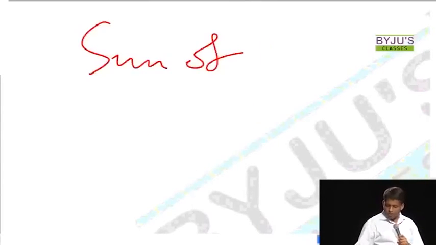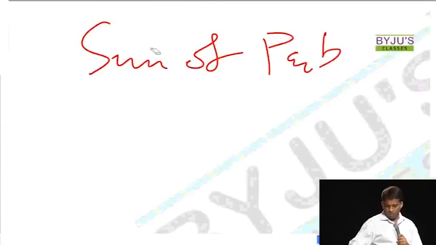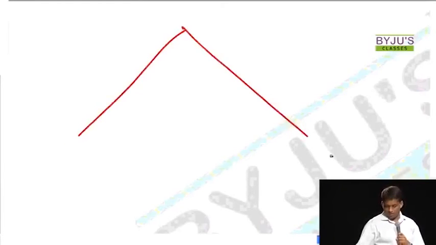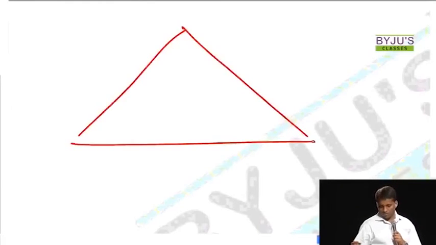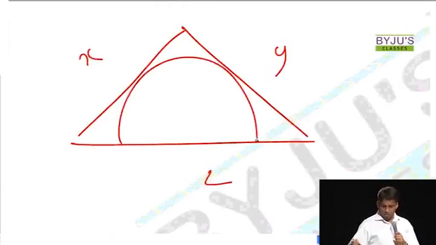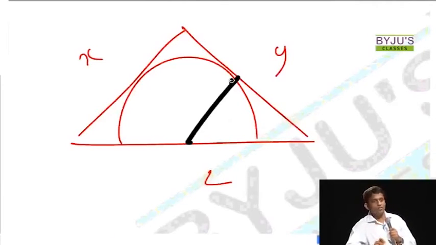Now the second logic: sum of parts equal to overall area, right? It's actually the same logic. Sum of parts equal to overall area. This is what you should expect. Question will be made like this. This is how you should make a question. Give x, y, z for a triangle. You need to give x, y, z and put a circle or semicircle over there. Now find the radius. It's not an easy question. It is very easy, but just made to look difficult.